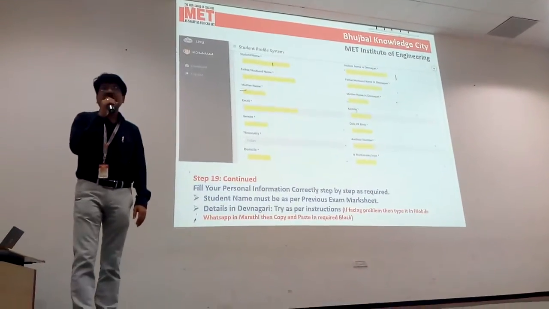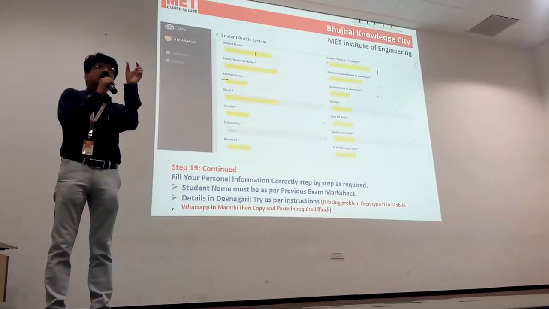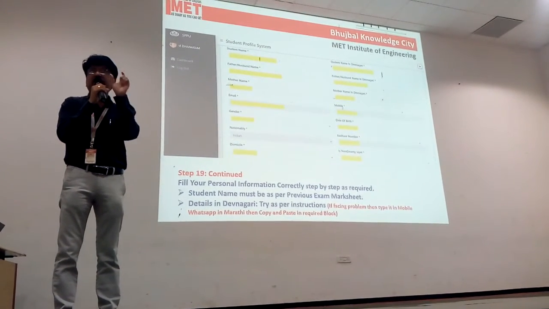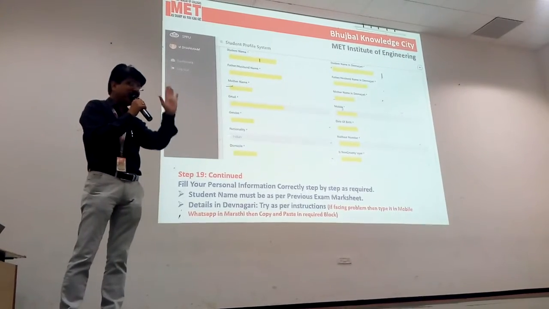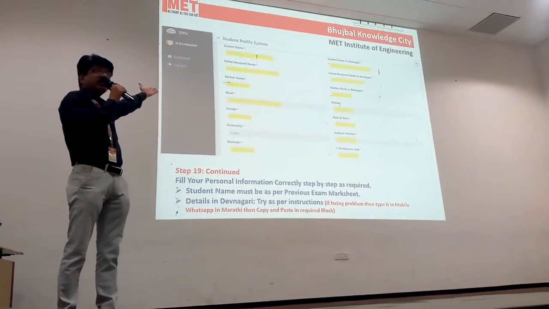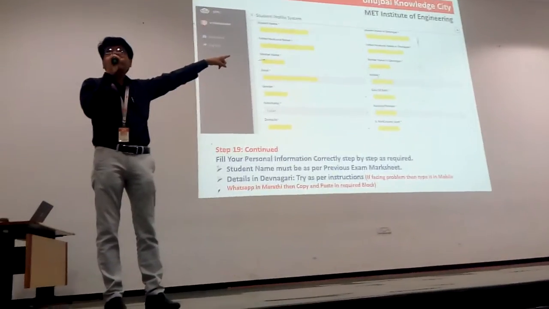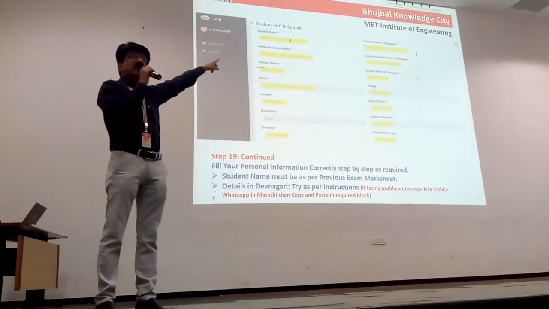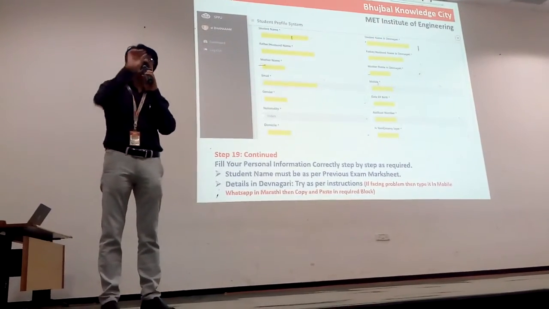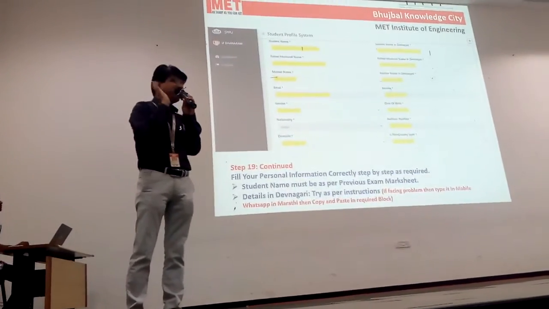Now come to our personal information. I suggest all of you should have your name, father name and mother name in Devanagari, that is Marathi. Just type it on WhatsApp and save it somewhere. Because here on left hand side you have to enter all the details in English, and on right hand side you have to enter their mother name and all in the Devanagari language, that is Marathi. Sometimes whatever instruction it is given there, it is not working from University. So it is better to have this in Marathi in your mobile, so that you can directly copy and paste it there. Okay.